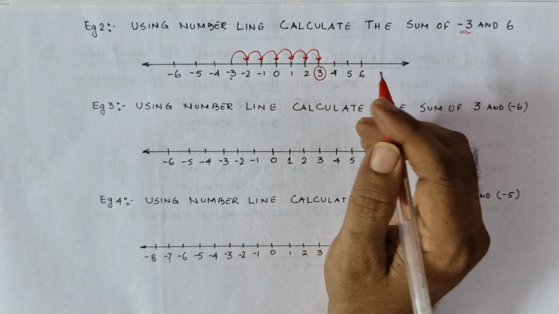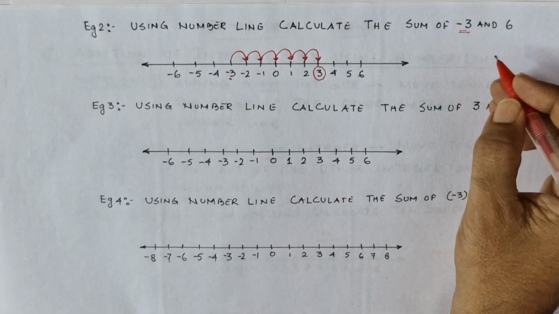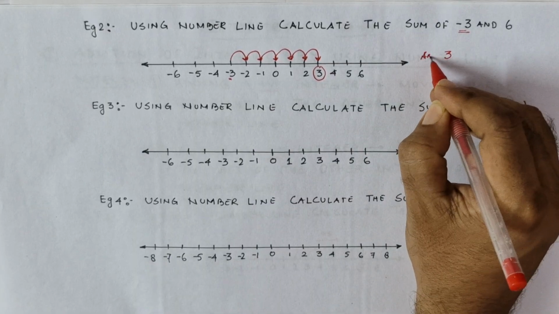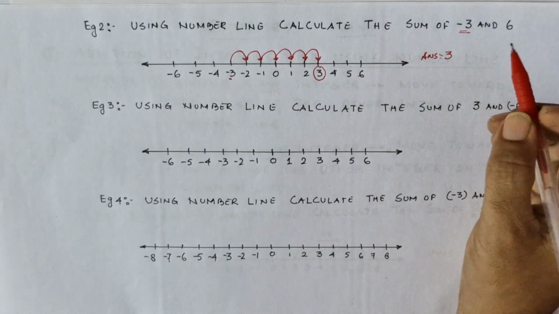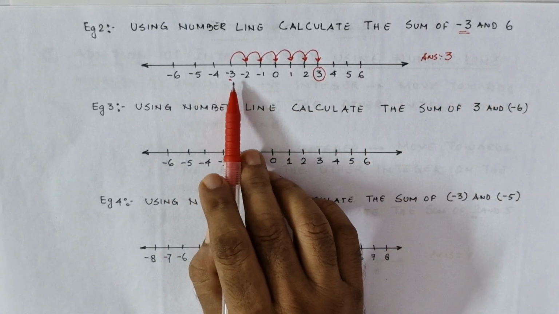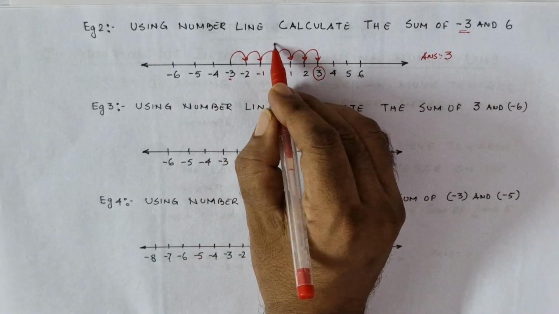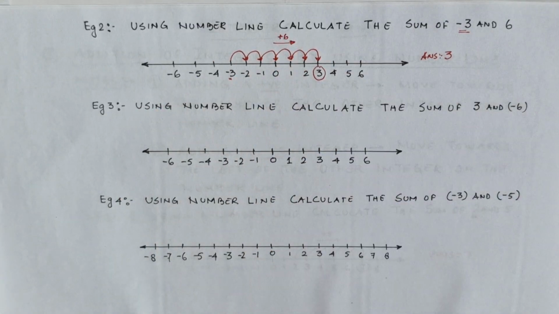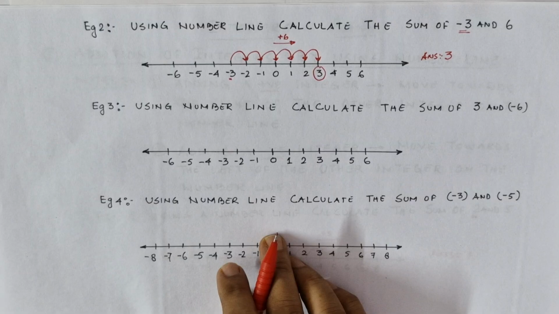So what will be the answer? So answer will be 3. Your answer will be 3, right? So starting from minus 3, I'll be moving 6 places. So right here, I'll be moving right plus 6. Got it? Now let's come to the